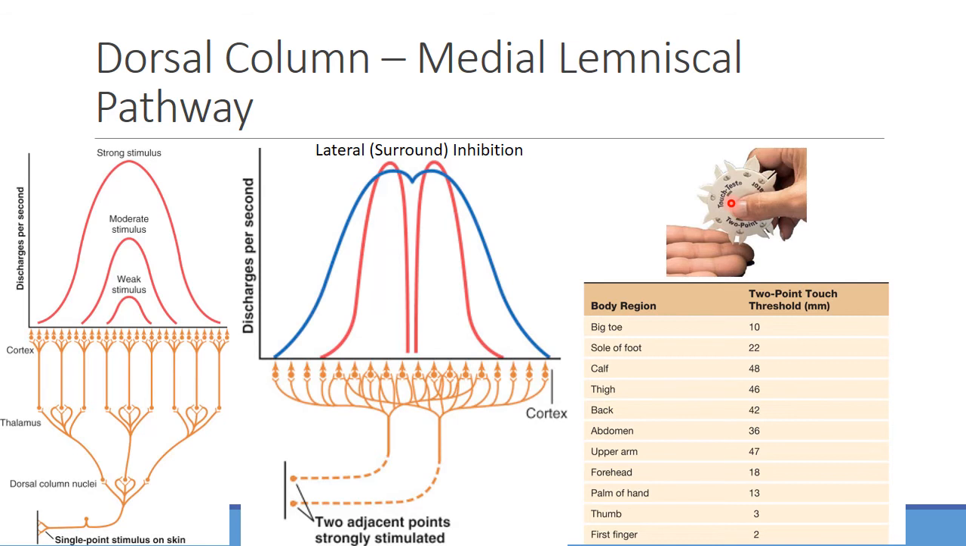But the hands are a pretty good place where you can find a fine gradation between two points of contact. But somewhere like the middle of your back, probably not. They need to be pretty far apart, right? And it has to do with how many nerve endings you have available and how many receptors are being activated